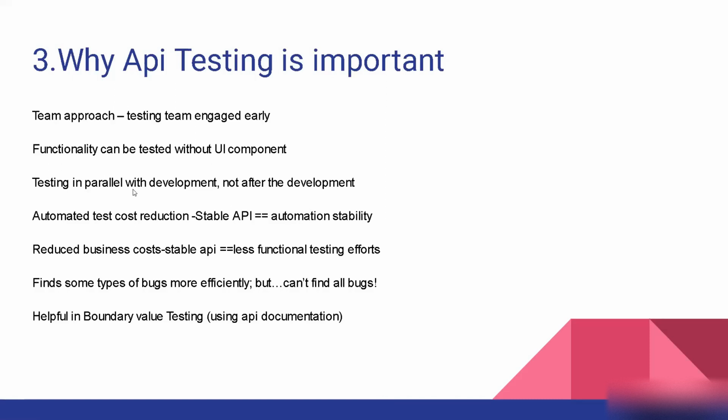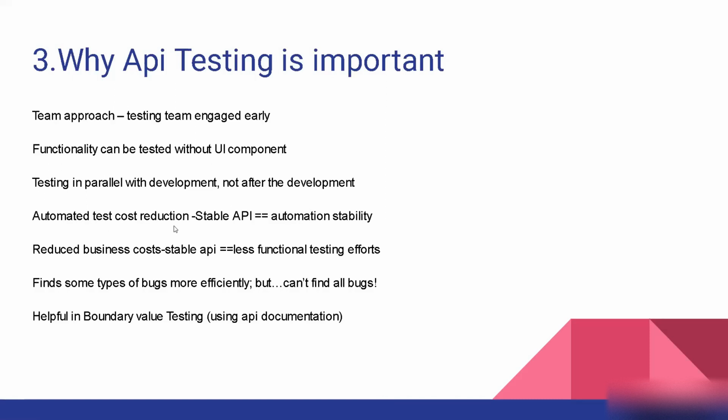You can test with the development. So let's say a developer is working on creating an API which performs 10 tasks. He has done 2 tasks of those APIs. So you can test those 2 APIs and the developer keeps on working on other APIs. The other thing is the UI developer is still working on UIs, but you are ready with the API testing, and you can do the APIs when the UI development or the other API development is going on.